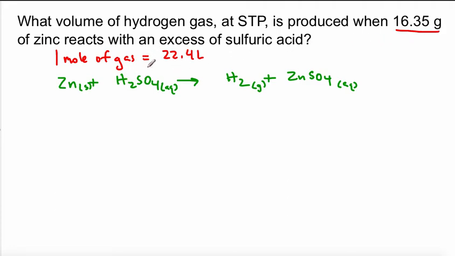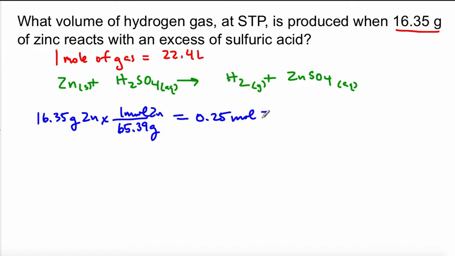And if you remember, the ratios of a balanced chemical equation aren't really useful to us in terms of grams to grams. Those proportions don't hold up because of the different masses of the elements and the compounds that they form. So we have to convert into something more useful, into moles. So the first thing I'm going to do here is convert grams of zinc into moles of zinc, something that's a pretty constant algorithm that we've done throughout the course. So we take 16.35 grams of zinc. We refer to our periodic table, the molar mass of zinc, 65.39 grams for 1 mole of zinc, and we get an answer of